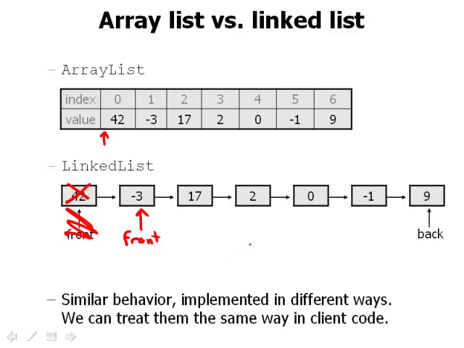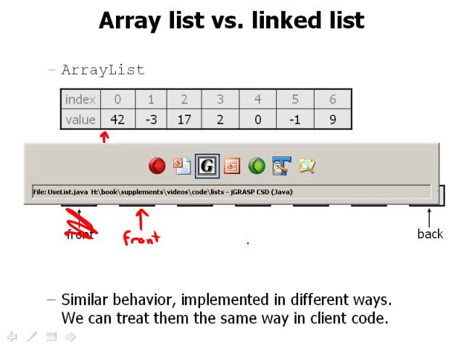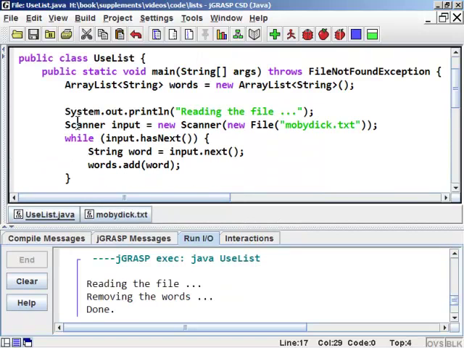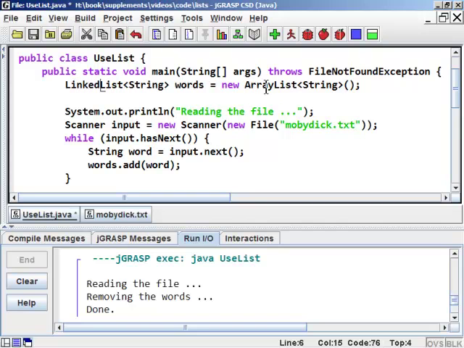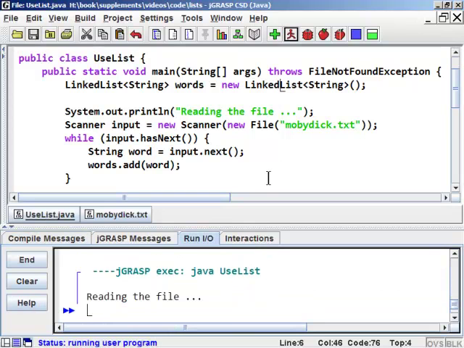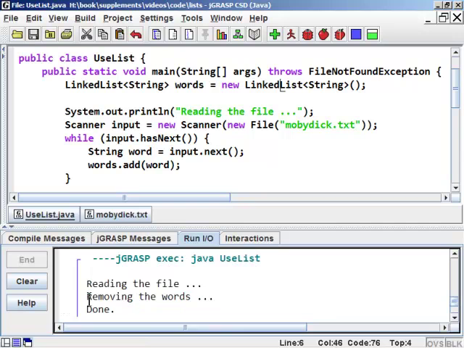So that's a very efficient operation to do on a linked list. So if we want that code to go faster, I'll go back to the program here. Remember that it took 40 or 50 seconds for that to finish running. If I go up to the top here and I just say linked list words equals a new linked list of strings, and I compile and I run that, then you'll see that removing the words took almost no time